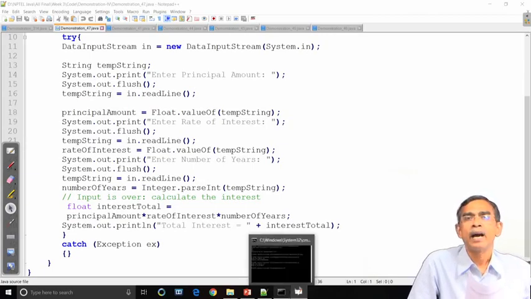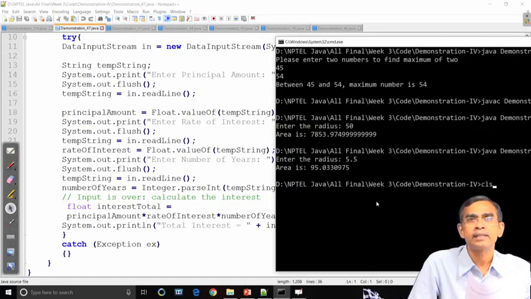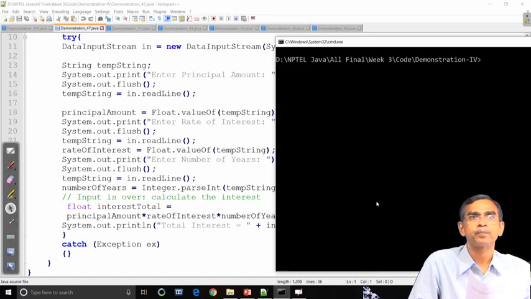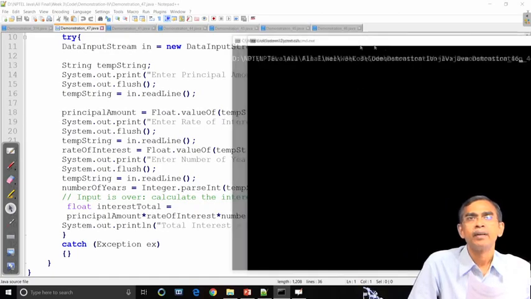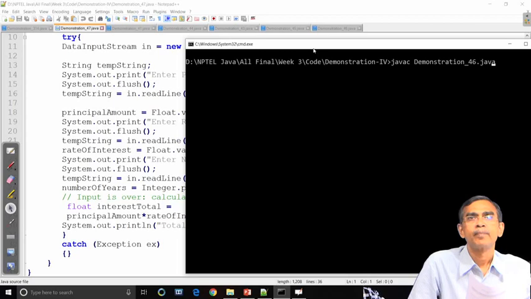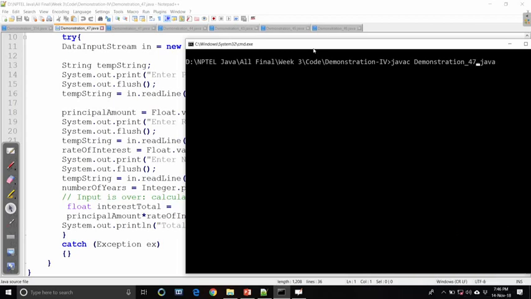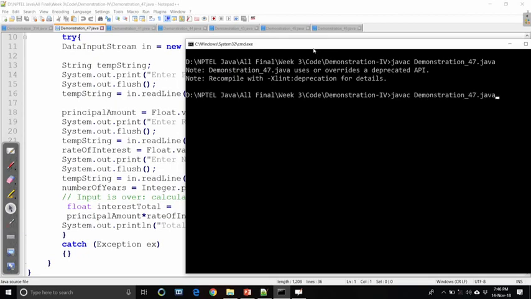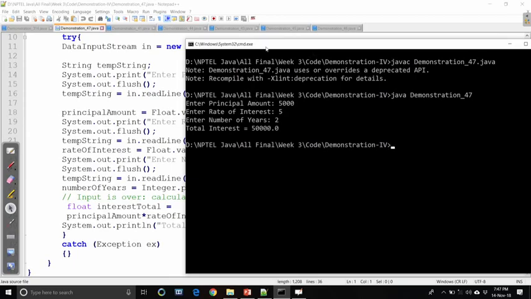Let us see how we can run this. There are a few things I will discuss shortly. Let us have a quick demo. We run this program. There is a warning because of some deprecation, no issue, it is basically casting. So, the warning can be ignored. Now, it is asking for the principal amount, then rate of interest 5, then 10, whatever, the year is 2, no problem. So, it has calculated the total interest like this.